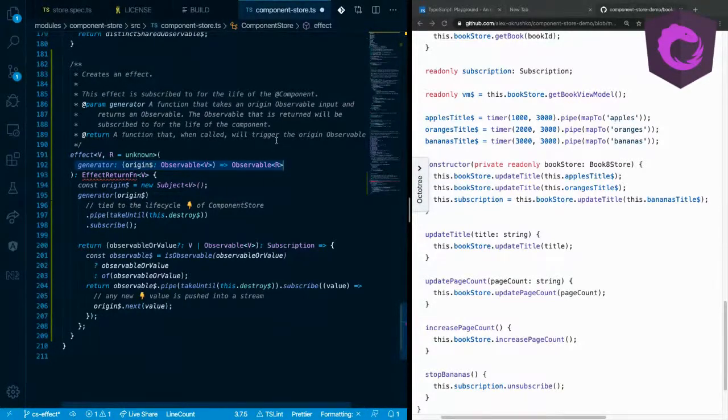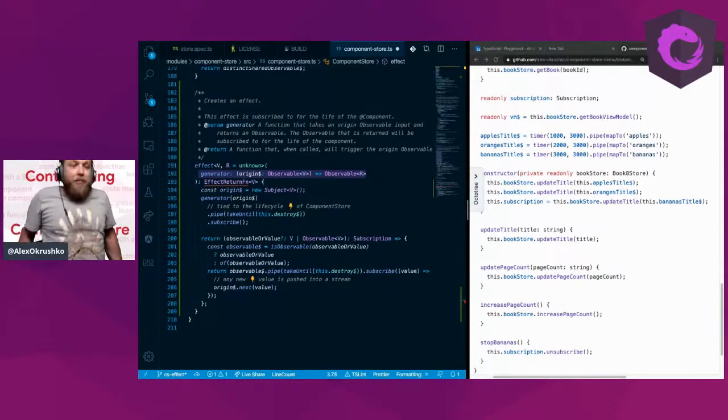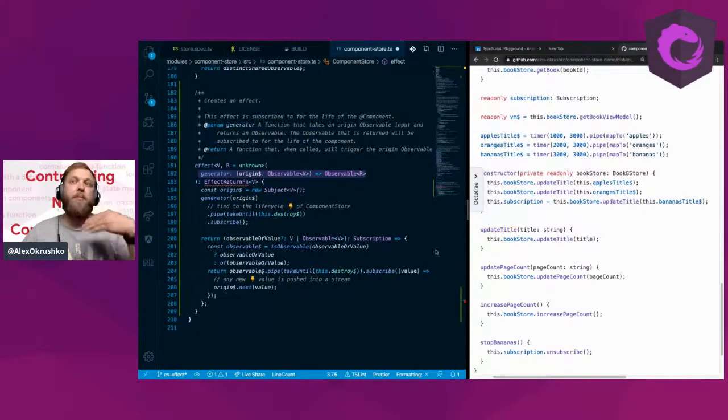And frequently when people are creating a service with a subject, this is the one that gets overlooked all the time. Effects are not implemented, even if it's a proper push-based approach. Push-based approach is a subject that keeps its state in a behavior subject or some kind of subject, and you consume it by reading the values out of it. But pushing the values into it is typically done in a function that calls maybe an HTTP request or whatever, and the result of that is